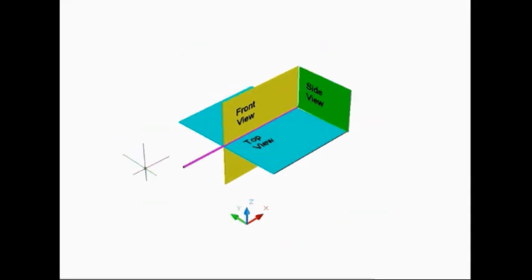So this way we have collected the front view on the front reference plane or vertical plane, top view on this plane and side view on this plane. Now to bring all these views on a single sheet or single plane, we will have to rotate the top view such that it aligns with the front view like this. Then the side view is to be rotated so that again it aligns with the front view, so that in this direction you will be able to see all the views, front view, top view and side view.